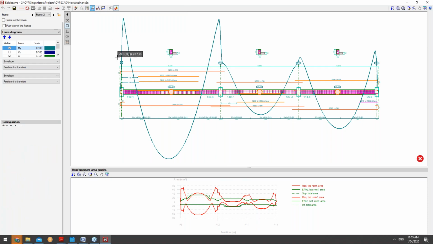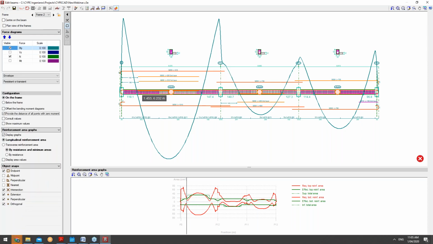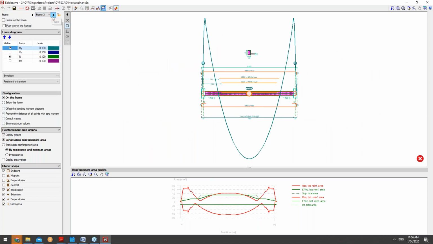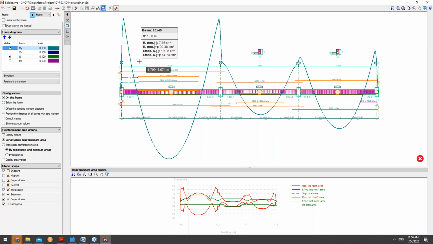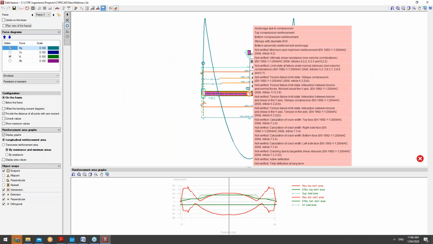Now, again, what I wanted to see was the worst point scenario. I'm able to look at particular sections. I'm able to consult those deflections as well. So you can see here by moving my cursor throughout the beam, I'm able to view those deflections as well. I can also move through frames. So you can see here as well, I have the selection of moving through different frames. As such, and as you can see here, all the different errors